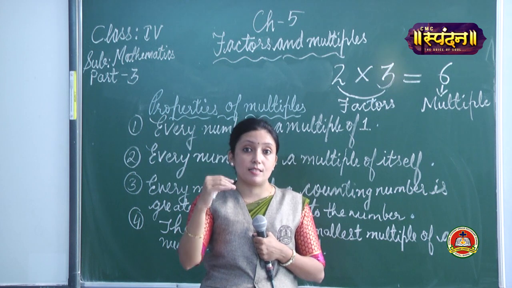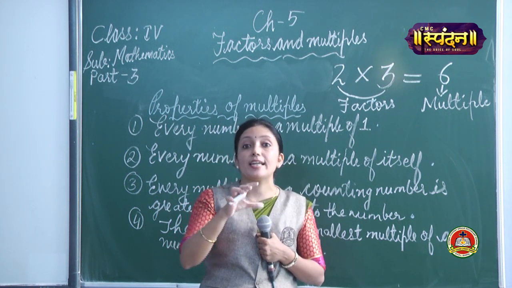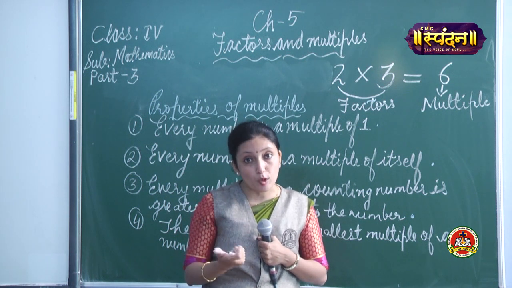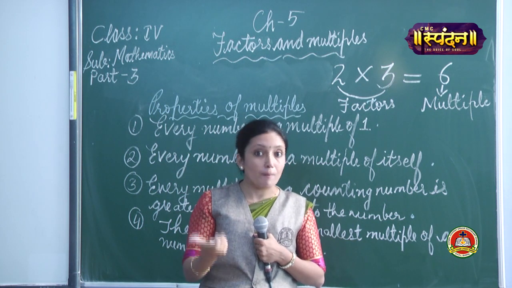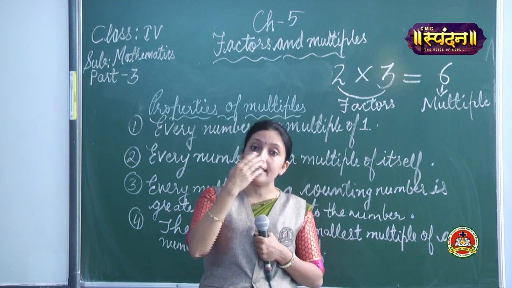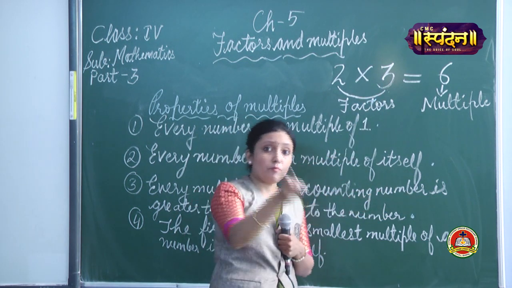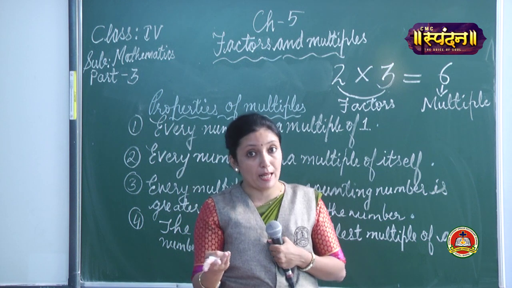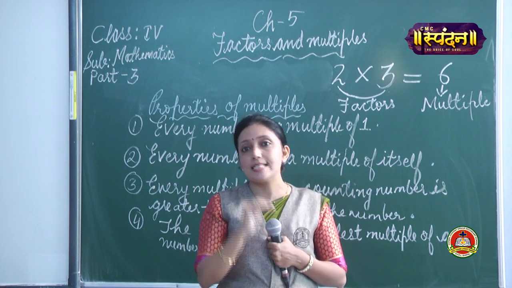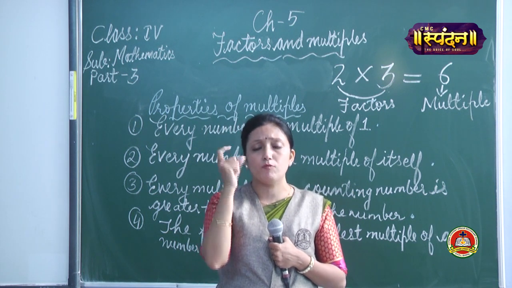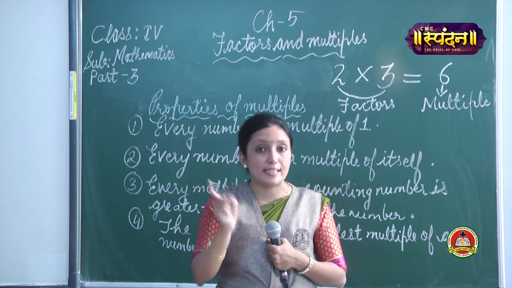So, what is this answer? I can give this definition like this also. The answer which we are getting in multiplication is called the product. So, always the product is your multiple. The number already given and the other number which you are taking to multiply with it, that is the multiplicand and multiplier, and the answer which we are getting is called a multiple. Please remember this one line: the product which we are getting, that is the multiple.